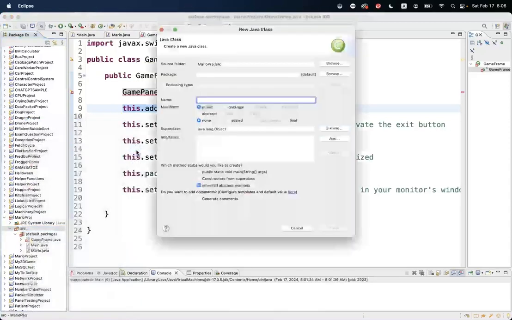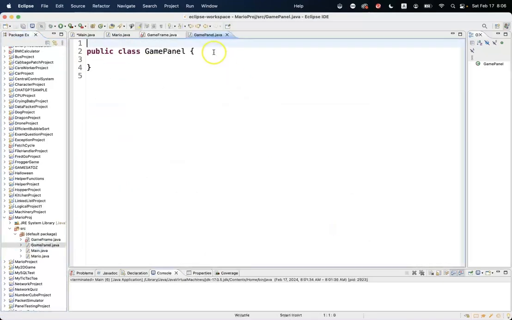The game panel, I could call this class whatever I want. I could call it the Y class, the Z class, the panel class. I've just decided to call it the game panel class. Up to you what you call it. Now, game panel is where the game happens. Think of it as maybe a game board. This is where the game magic